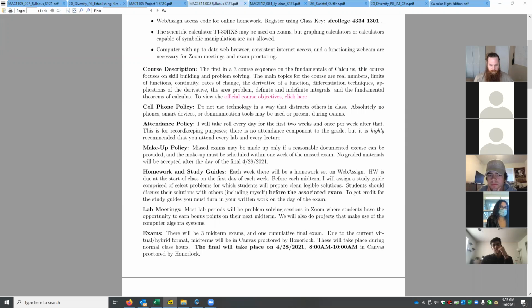You will, as you solve the problems in WebAssign, write out your solutions on paper, just like you normally would. And then at the end of that process, once you've finished the study guide, you can use an app like CamScanner. I'll show you on my phone here. Here we go. This is what I like to use. It's free on Android, and it generates really high quality PDFs.